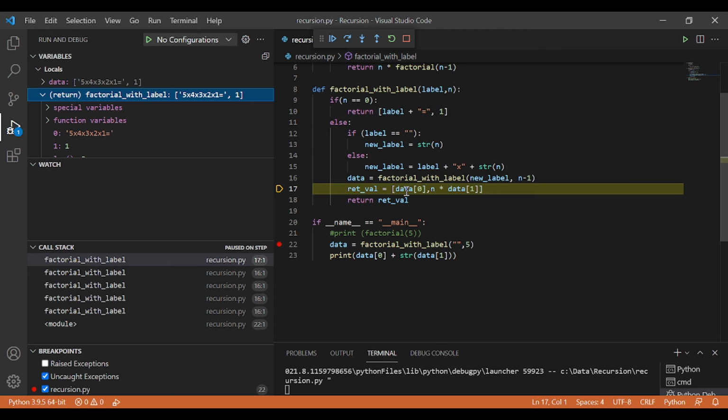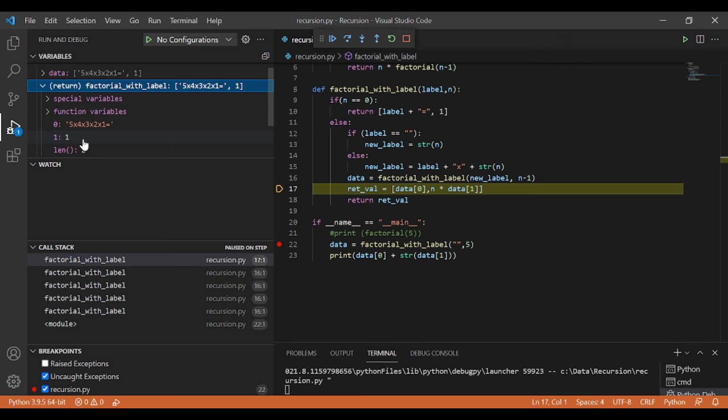Right now, since we are coming out of it, which means we are going to come out of each one of those function calls back to main. We are going to be computing the value, so we are going to return the entire string as it is, but this time we are going to multiply the value of n,